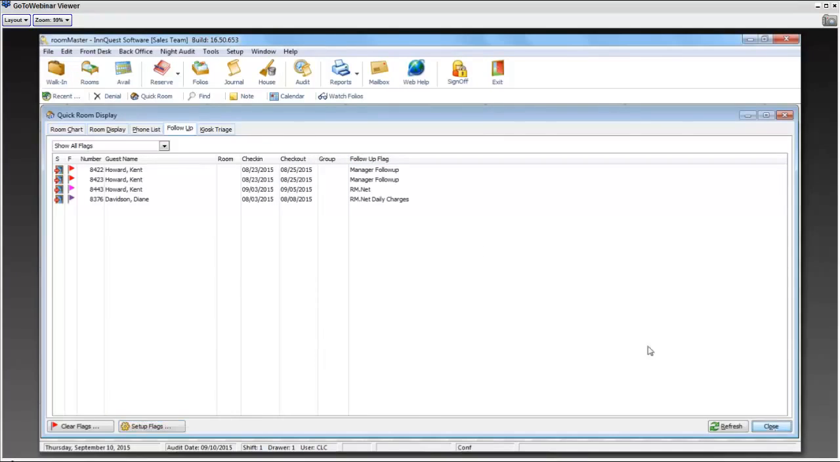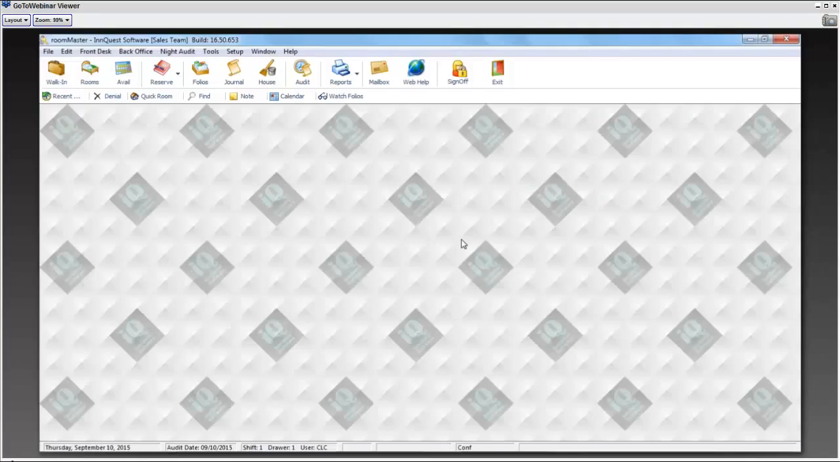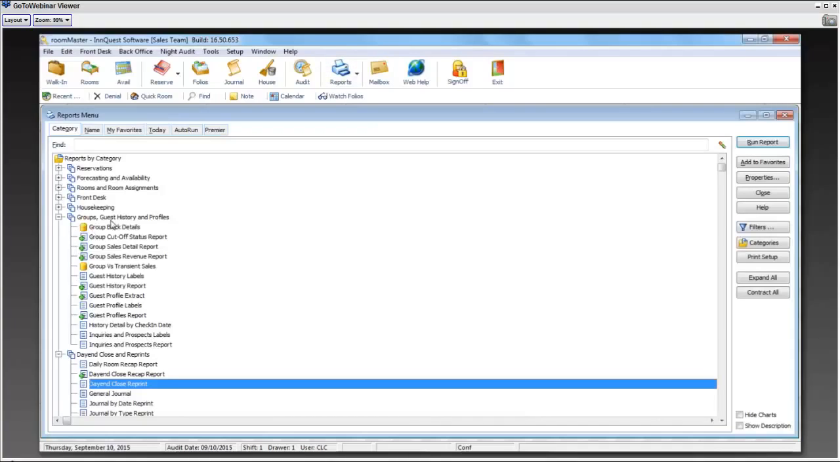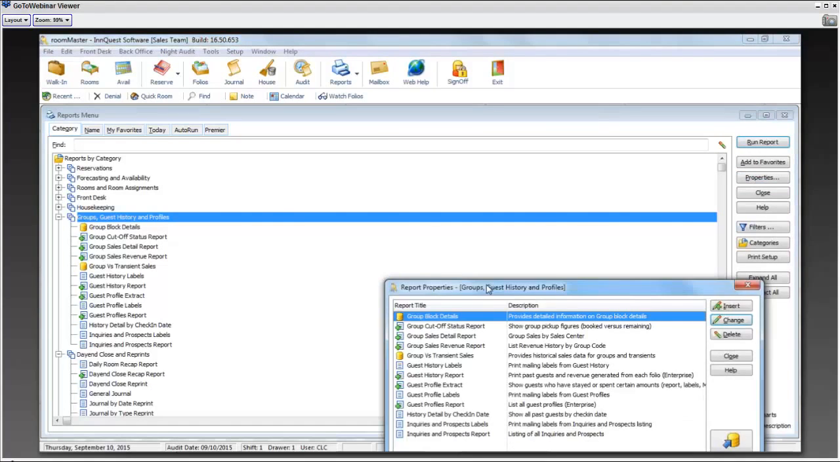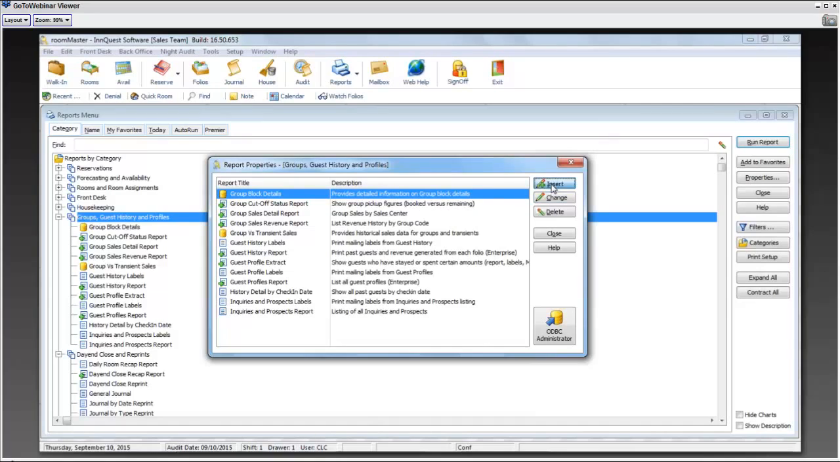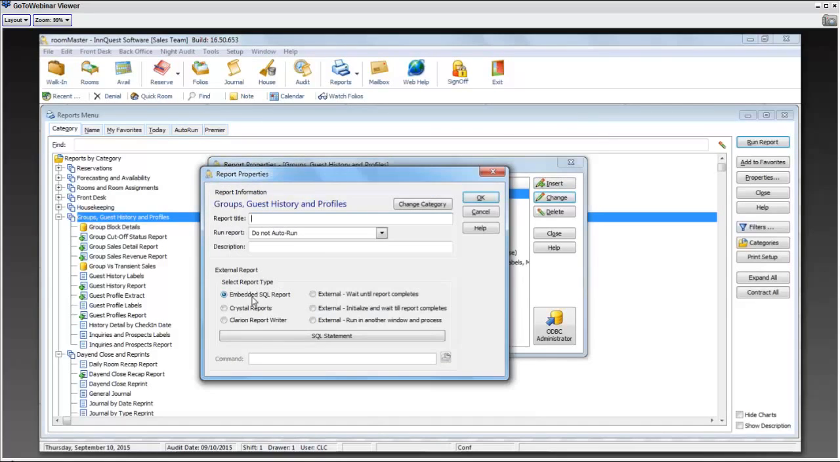And then also, if you use the interactive SQL and write SQL queries, and then you take those queries and embed them as an SQL report so that you have them to be able to run all the time, we made some changes when you are embedding a new report. So just say, for example, I'm going into my group guest history and profiles category, and I'm going to insert a new report. When you insert, we moved up the report type of embedded SQL as the first option, and